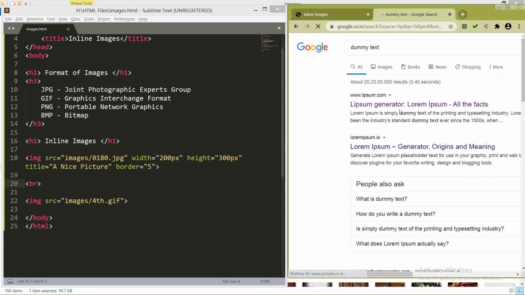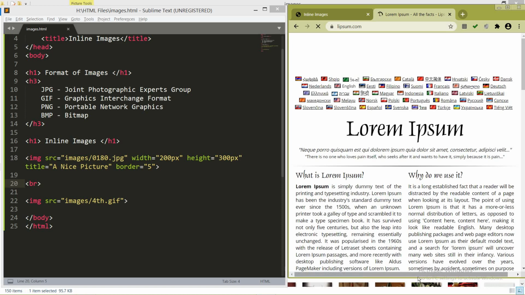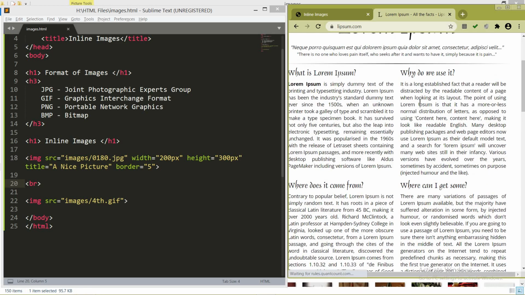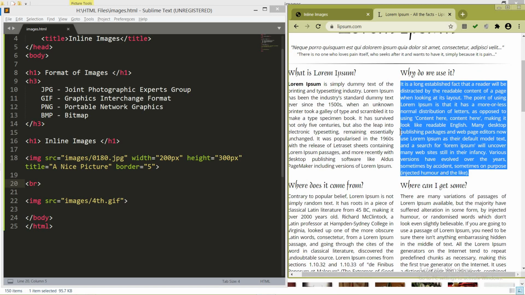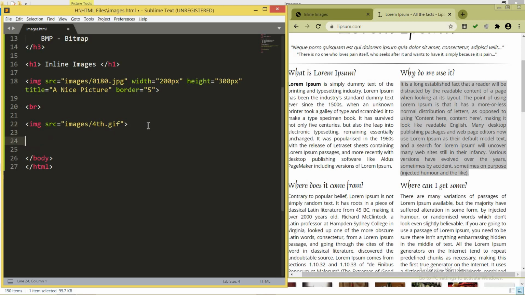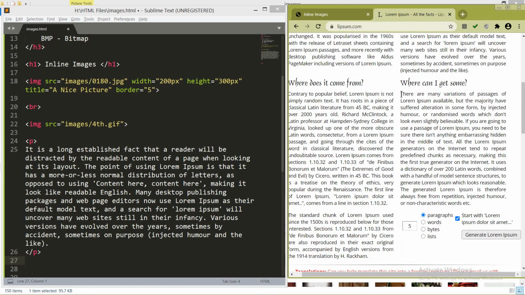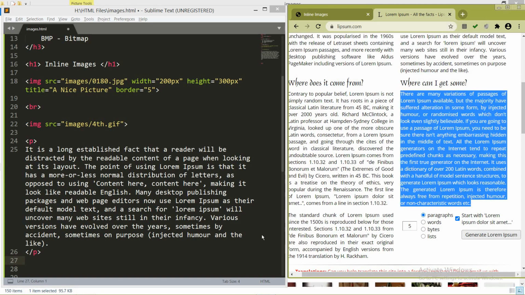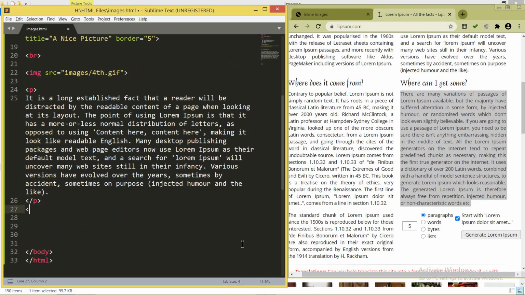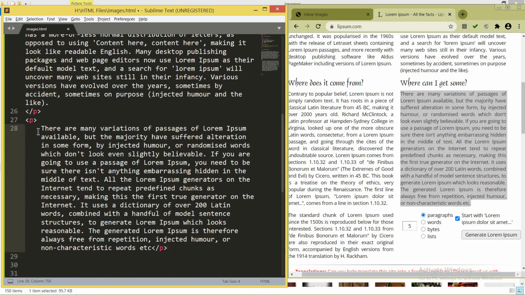Okay, and by clicking on the first link, we have this dummy text available. I just place this text by copy and paste. Just copy the text and place it over here by writing the paragraph. Just maintain the paragraph. We have the first paragraph, and the second paragraph like this. So we have two paragraphs.